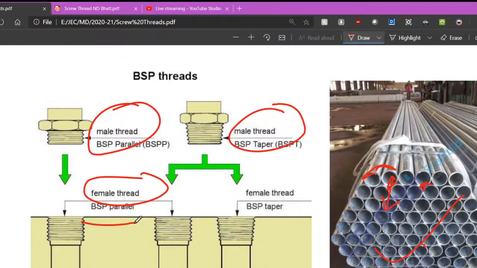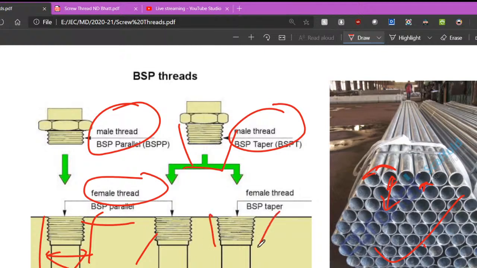So in parallel case, this one is fixed, width is fixed in both cases. But when this type of thread you are using tapered BSP,